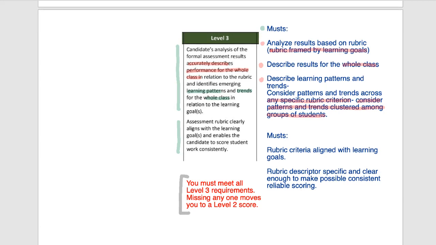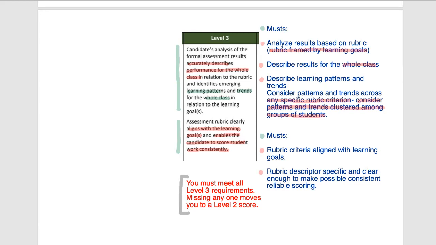Assessment rubric clearly aligns with the learning goals and enables the candidate to score student work consistently. There are two pieces here, musts. First one is the rubric criteria align with the learning goals. Again, your criteria need to be mirror images of your learning goals. The second one, the rubric descriptor, it needs to be specific and clear enough to make possible consistent and reliable